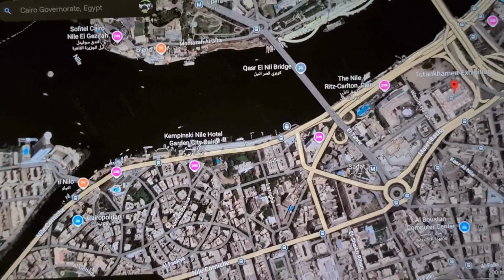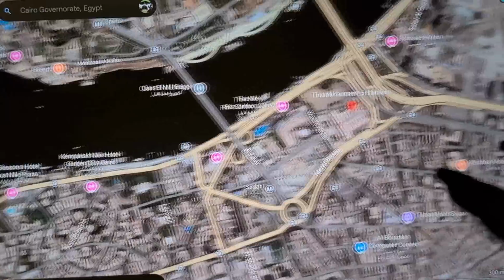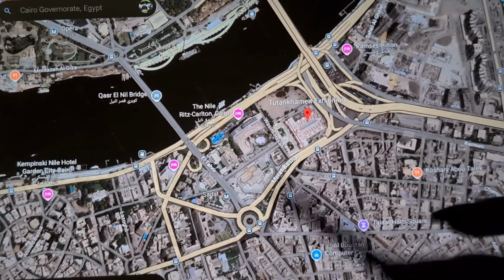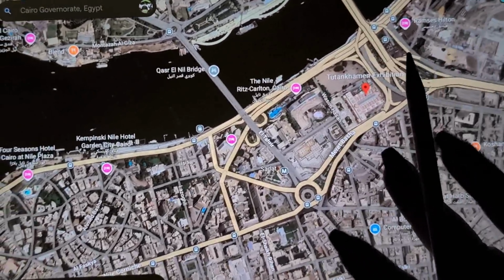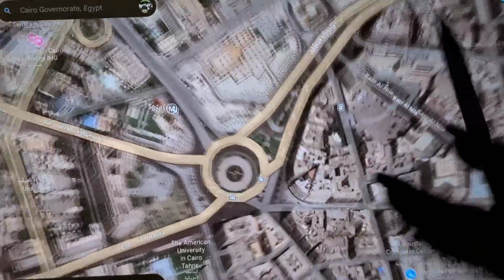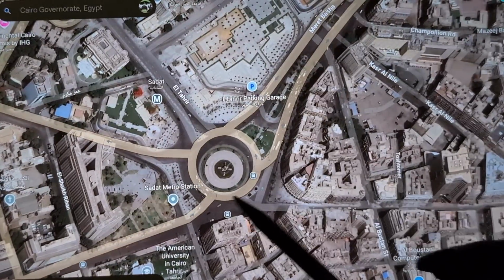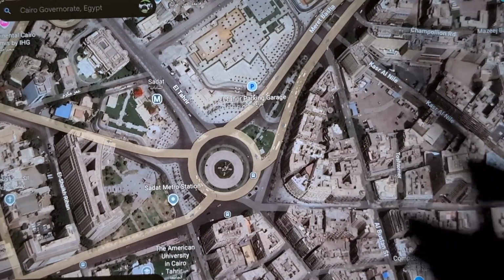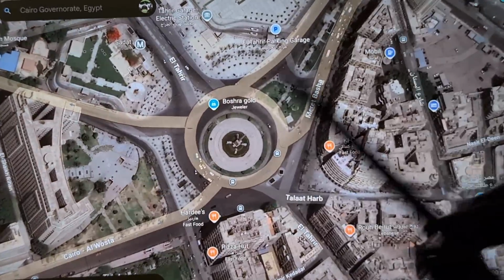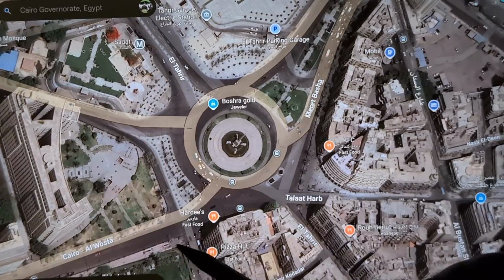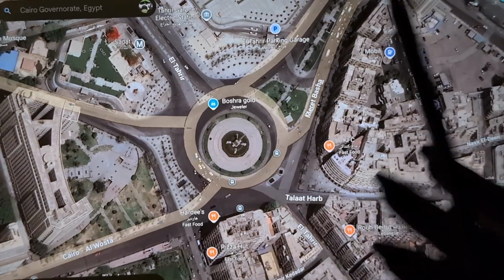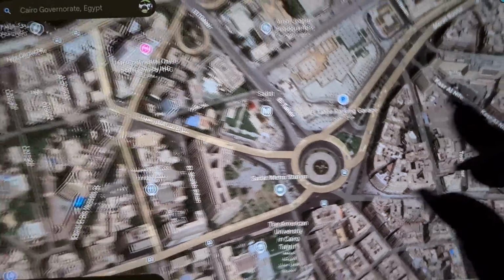It's probably just not loading. But I think it should just be called Tahrir Circle. Circles are very important in ancient Islamic architecture. It's not even slightly a square. If anything, it's kind of star-shaped. It's everything but a square.